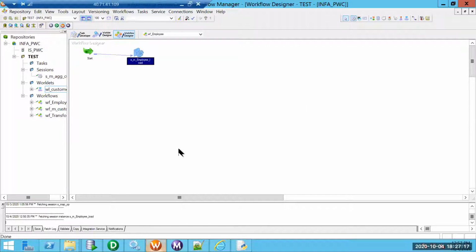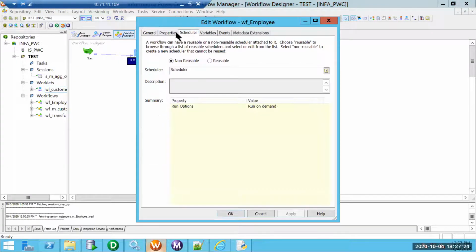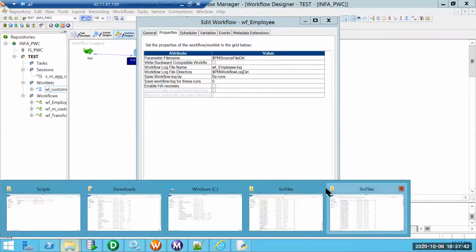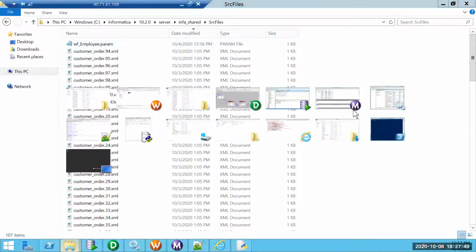Okay, what I'm going to do is, not the log directory, the PM source directory, $PMSourceFileDir. In the source file dir, the name of the workflow, then the name of the parameter file is wf_employee_param.